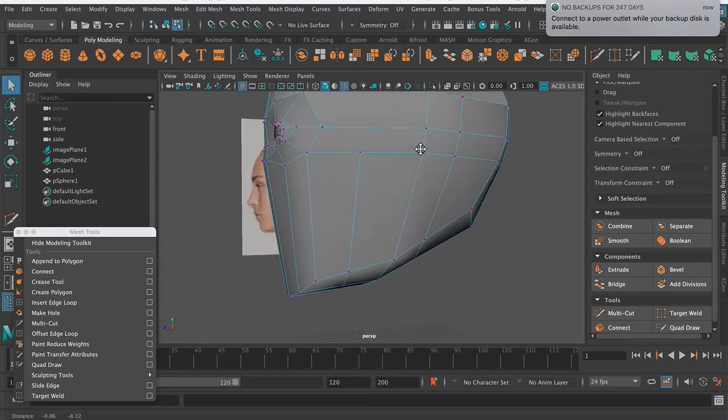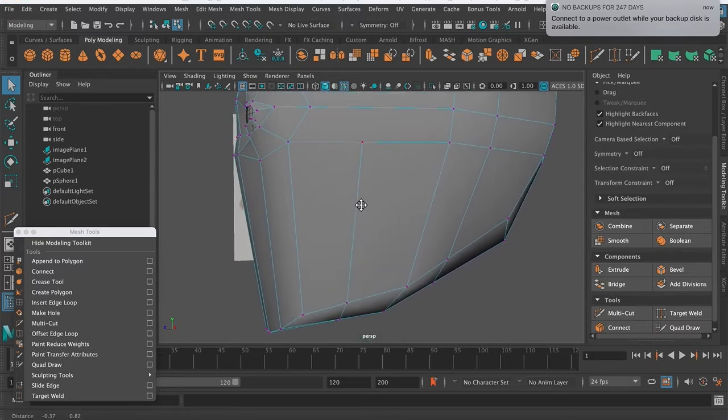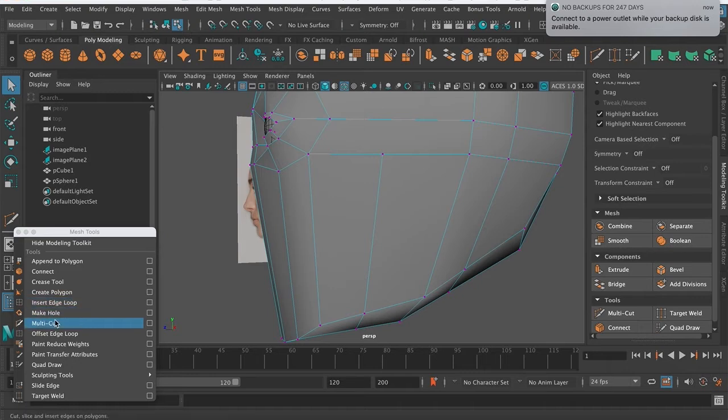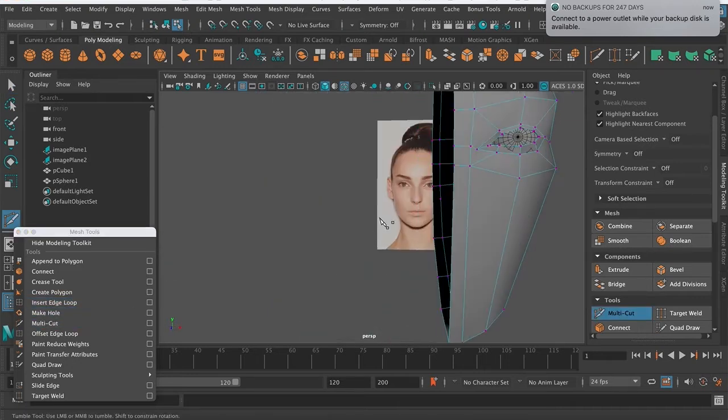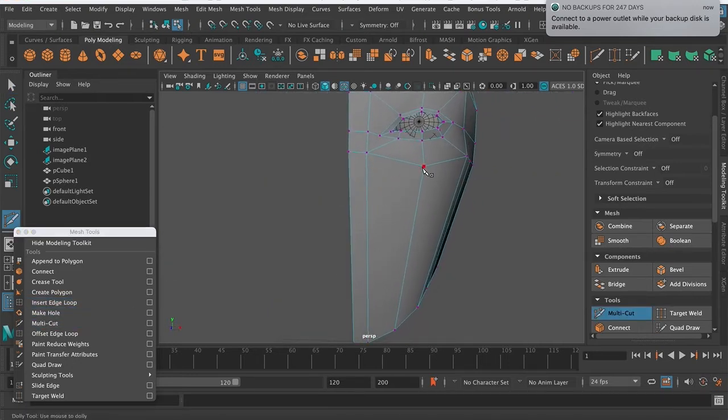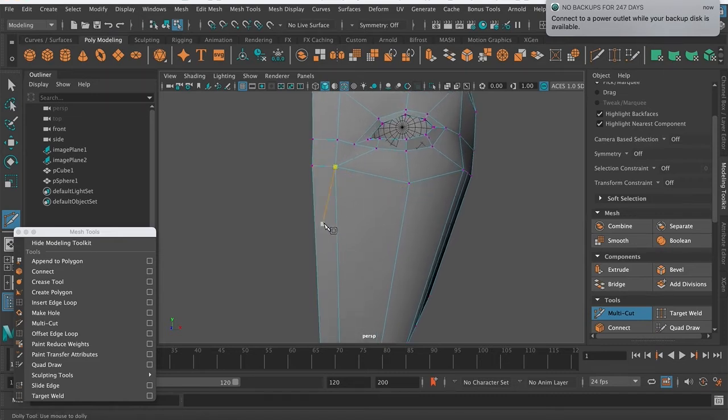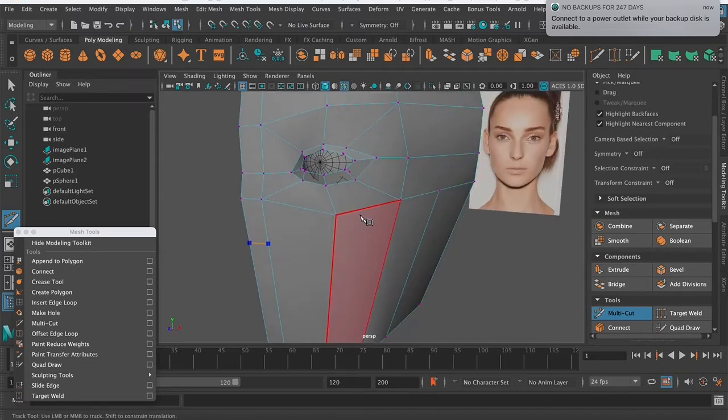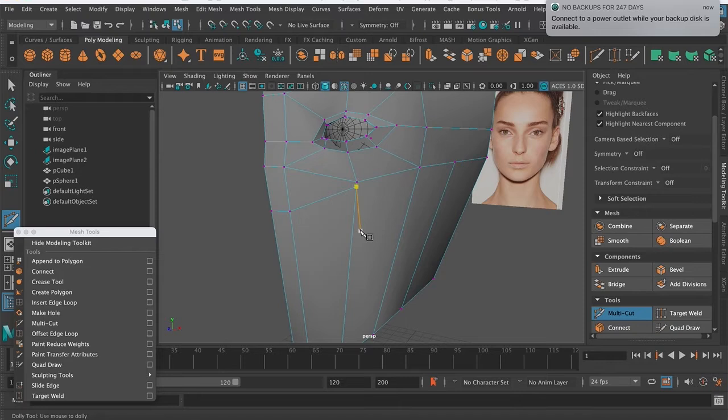And finally, one last problem, and it's one that I do a good amount, is if I'm using the multi-cut tool, and let's just say I'm trying to draw it out from the center to this point right here. I start on the center and make sure that the edge turns red, and then I draw it, and sometimes I'll just draw it in real quick right there, and I don't wait for that vertex to turn all the way red. And then when you do that and you press return,